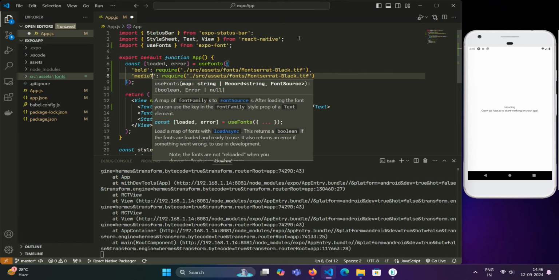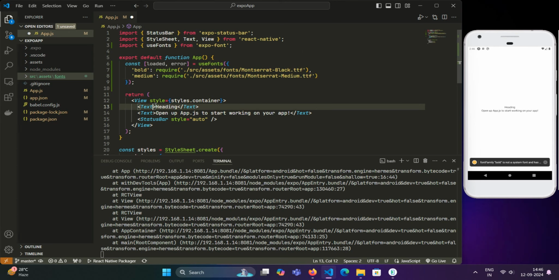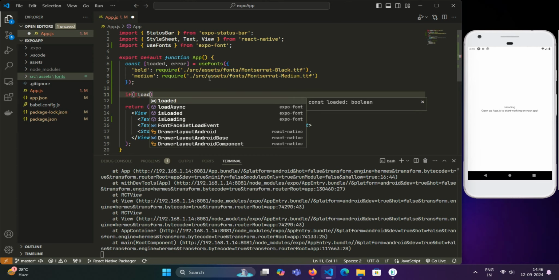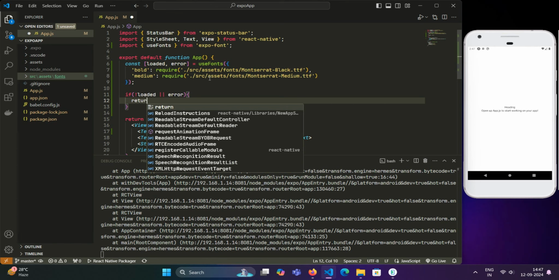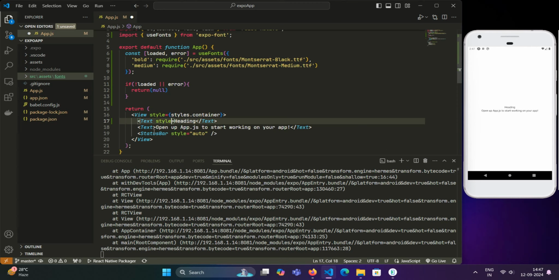And the path will be medium. So after including these fonts, now we will write a conditional. If the fonts are not loaded or we have any kind of error, then we will return null, and after that we will just use this font like the previous one, font family. Here we will write the name that we defined earlier, bold,